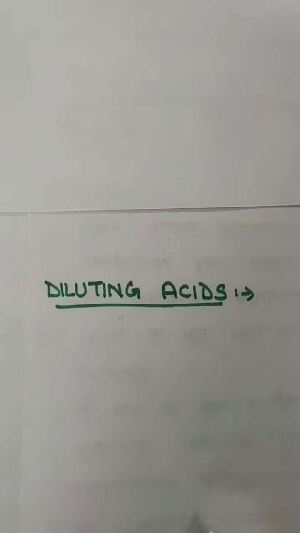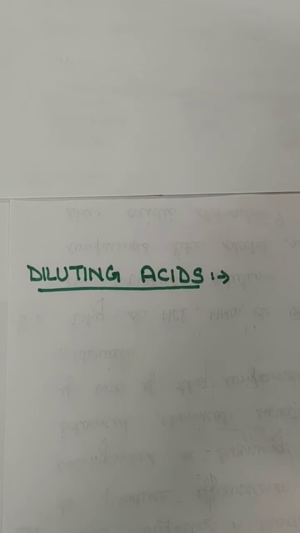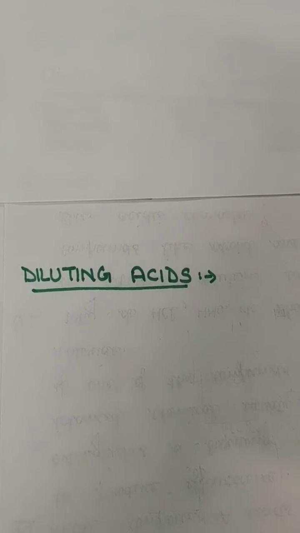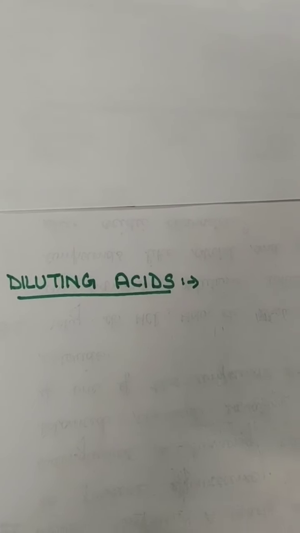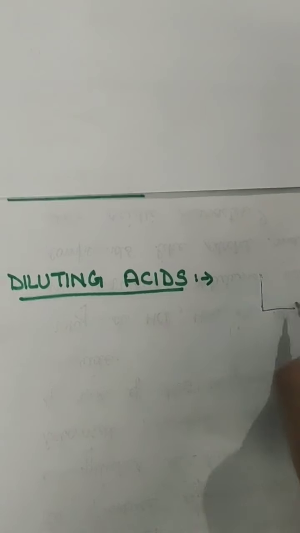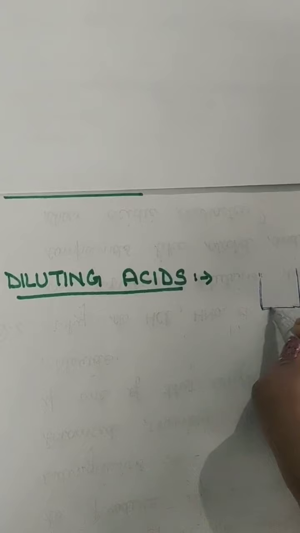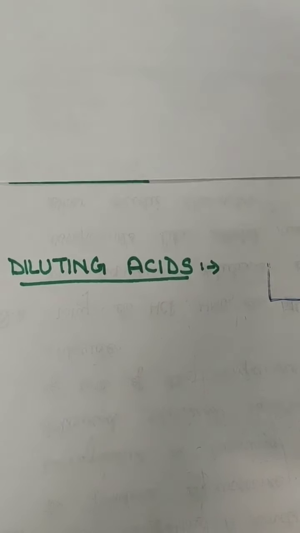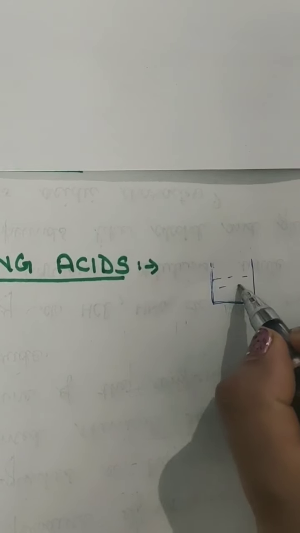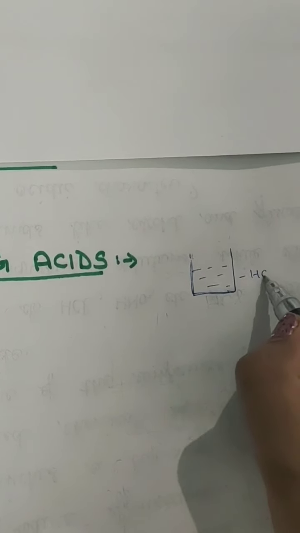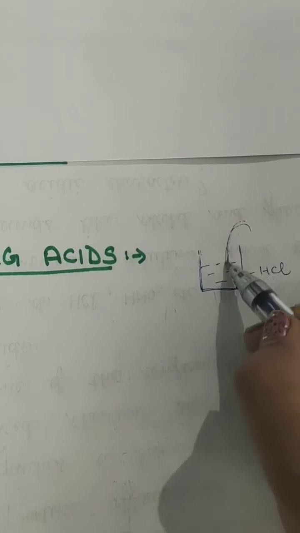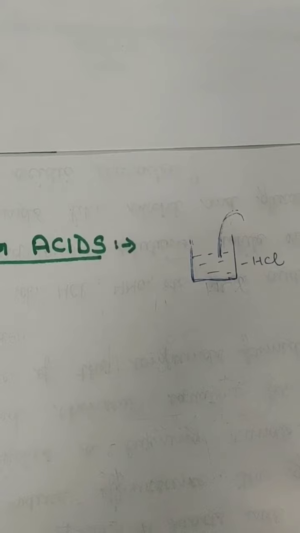Diluting acid means simple: if we have any concentrated acid and we are going to make a dilute form of it, what will we be doing? If I ask you how you are going to dilute the acids, the answer will be that we mix water into the acids. Assume there is a beaker with an acid in it, like HCl, and if we pour some water into this beaker filled with the concentrated acid,